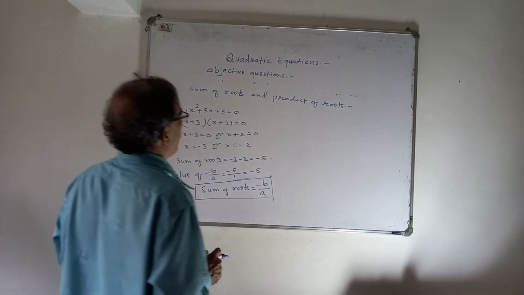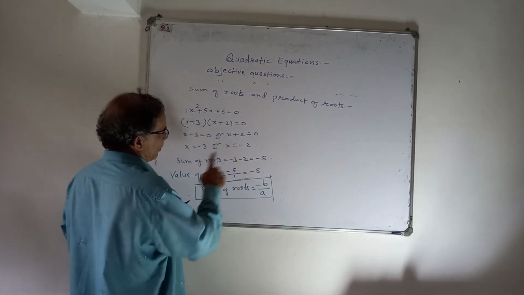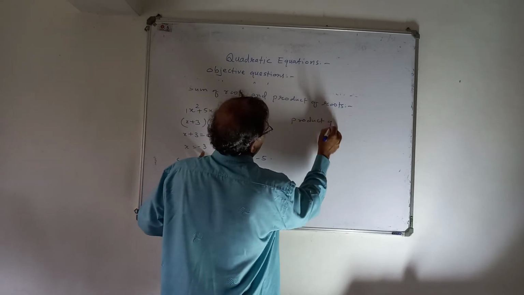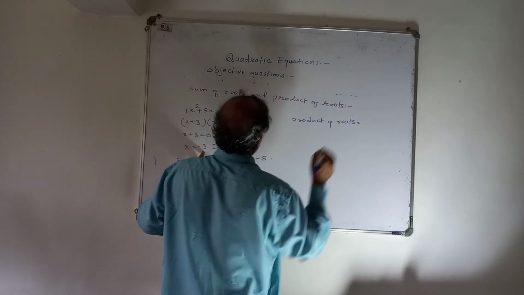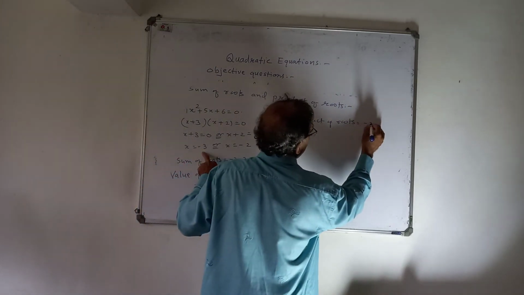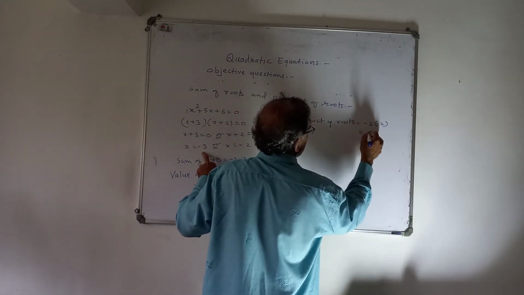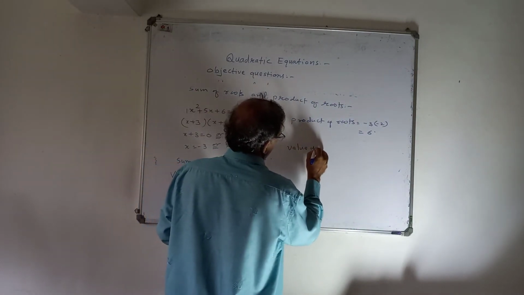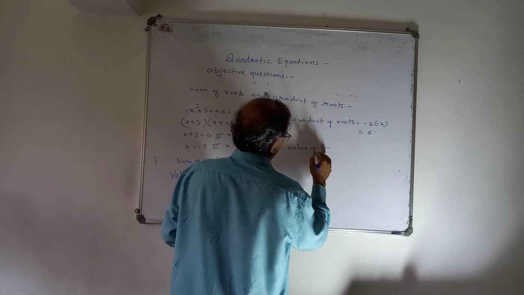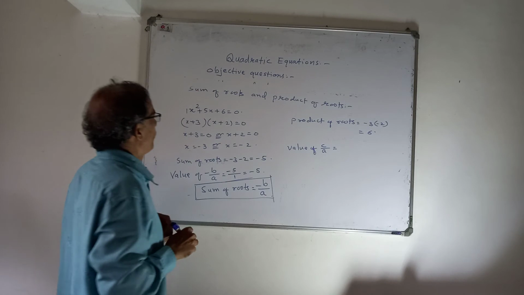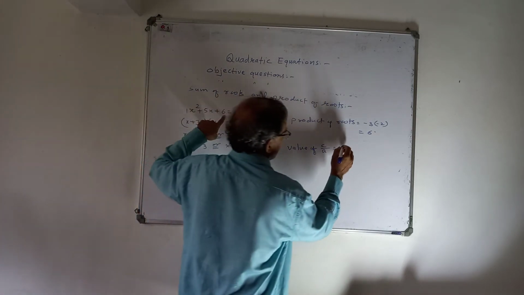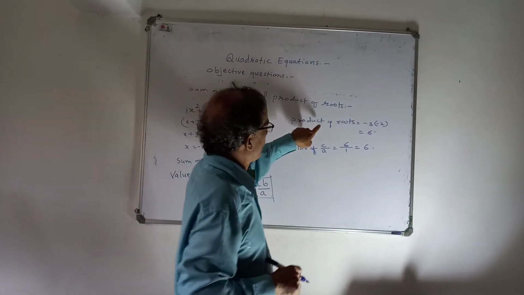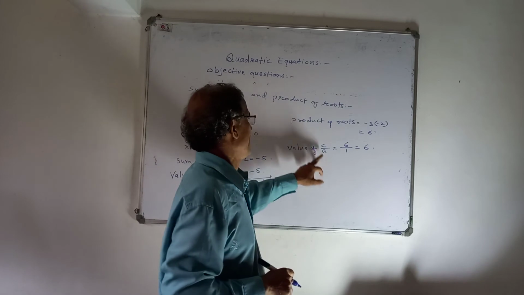And now suppose you want the product of the roots. Now let us find the product of these two roots. Product of roots. Which are our roots? Minus 3 into minus 2, that is 6. Now let us find the value of c upon a. What is the value of c in this equation? 6. 6 upon a means what? That is how much? 6. See, this product of roots we obtain 6 and the value of c by a is also 6.